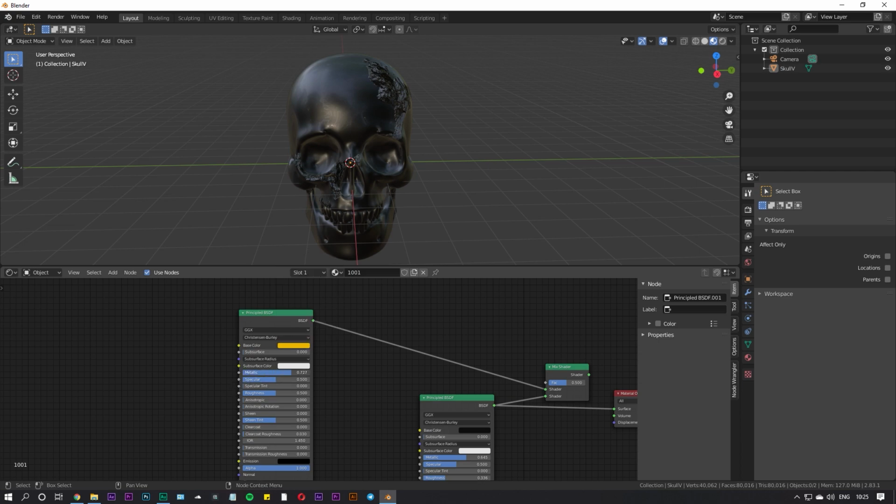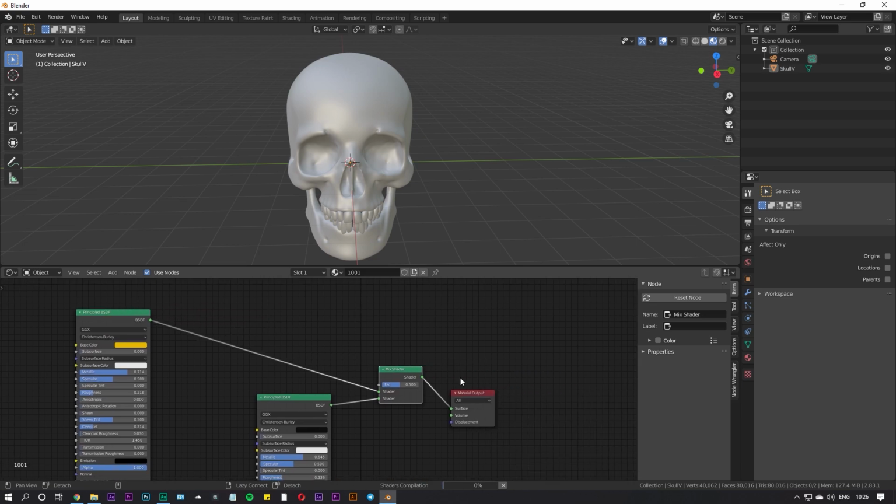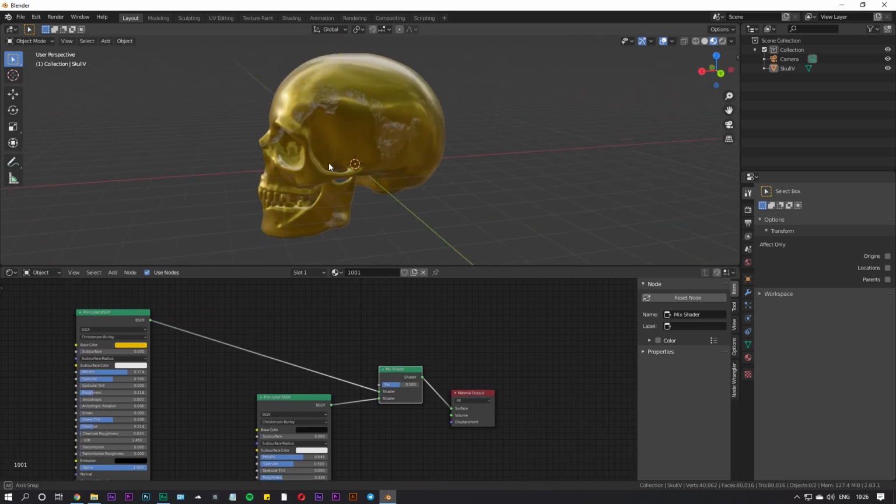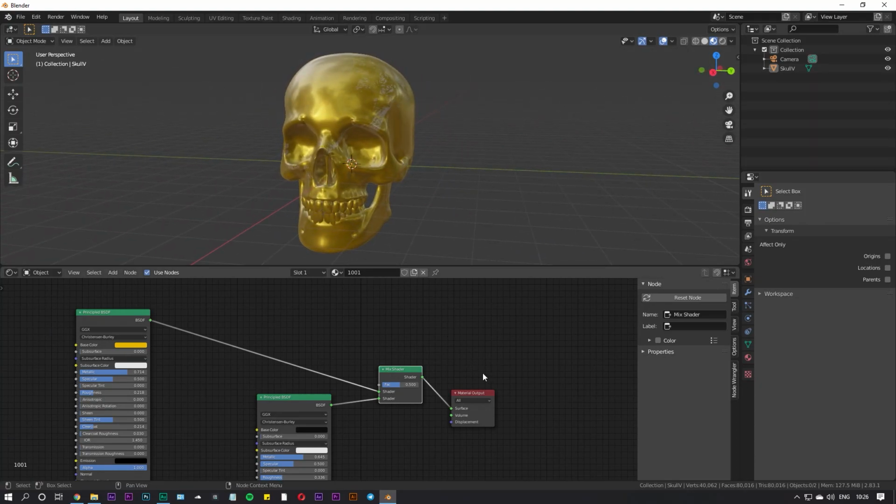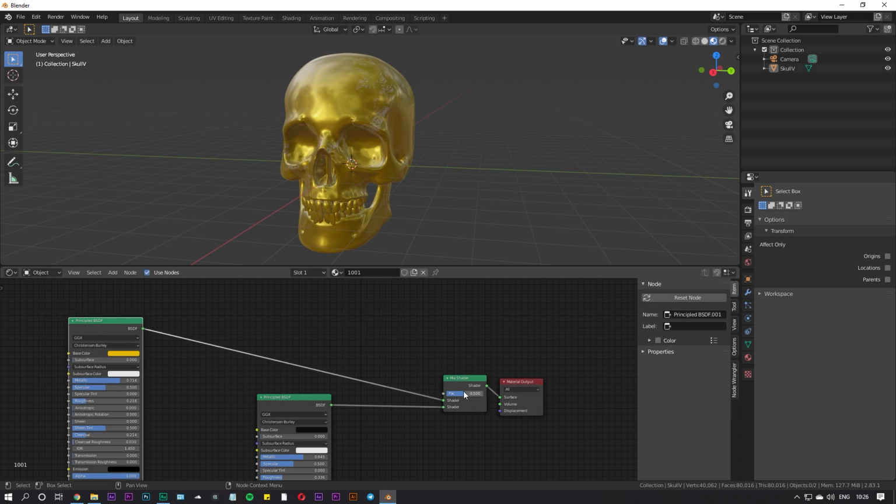And let's make it a little bit metallic, something like this, and just decrease the roughness. We're going to add a little bit of clear coat. So in order to preview this material, just plug this shader output to this surface, and here you can see that now we have this kind of material, but this is not what we want. So we are going to add the patches using the factor.